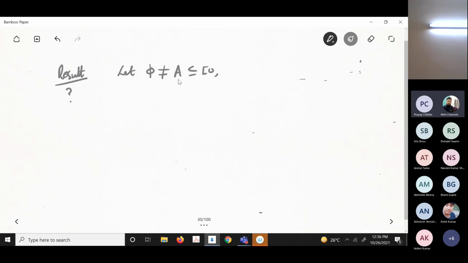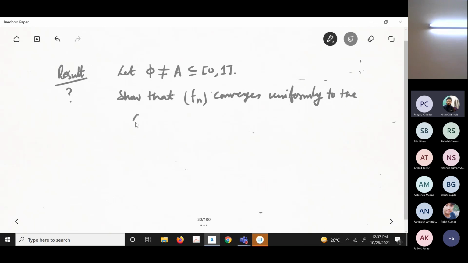A need not be an interval. Show that Fn converges uniformly, Fn being that function, uniformly to the constant function 0